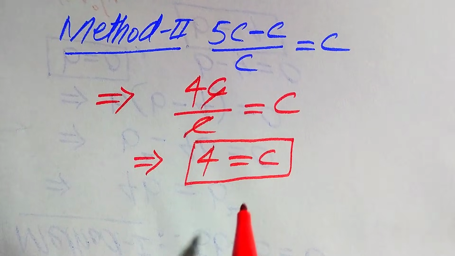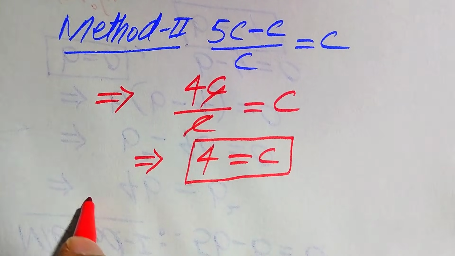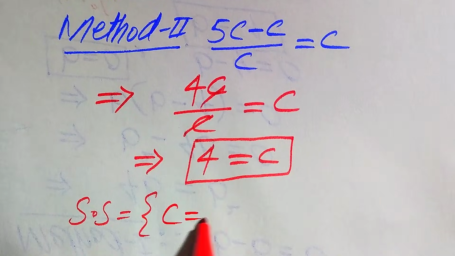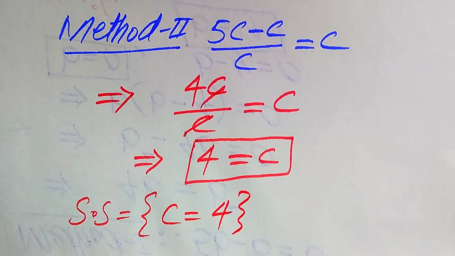Here we get only one value, c equals to 4, and in the first method we already verified that this value of c satisfies our given question statement. So we finally conclude that the solution set of this problem is c equals to 4. This is the only solution of this problem which we get in the second method, and this is the final